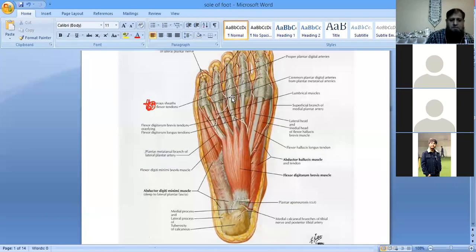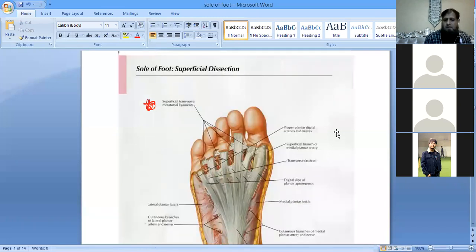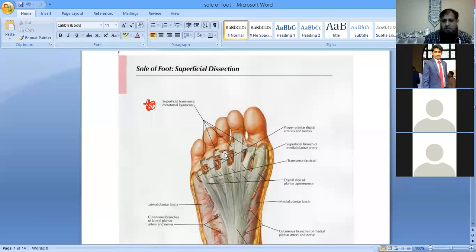Plantar aponeurosis की अटैचमेंट समझ में आ गई जी सबको? Plantar aponeurosis में कोई प्रॉब्लम तो नहीं है? I told you the plantar aponeurosis की जो base है, it is triangular, ठीक है ना? तो इसकी base is directed distally, and it is going to divide into the 5 slips or 5 processes, and each process, when it reaches the metatarsophalangeal joint, is going to divide into 2 slips, the superficial and the deeper one. Superficial is going towards the skin, and the deeper one again splits.